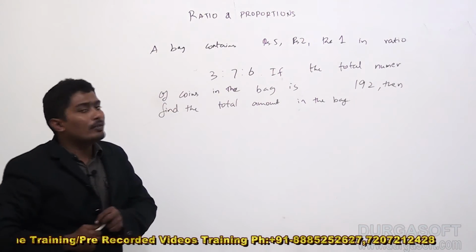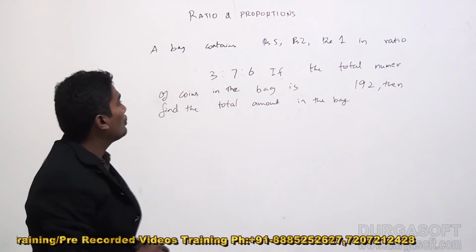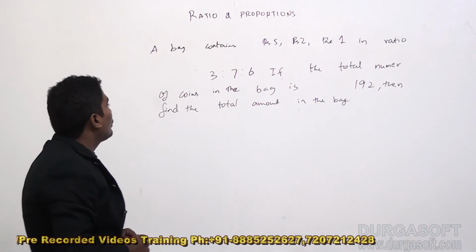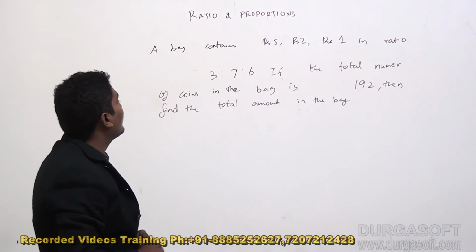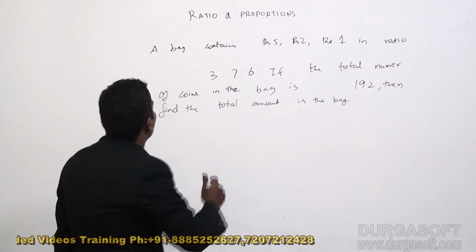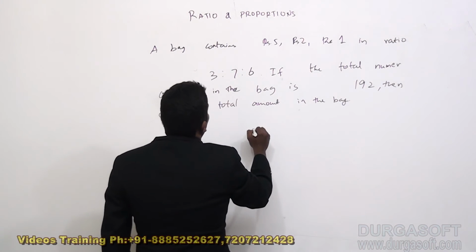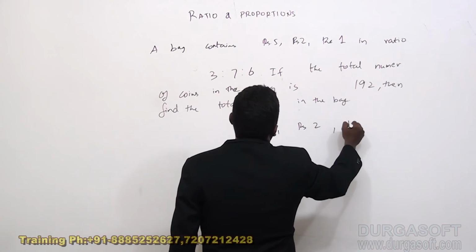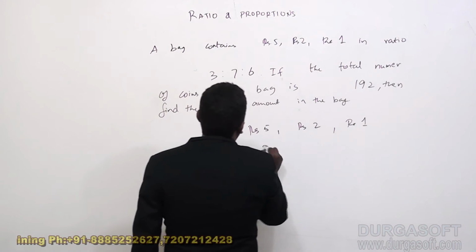So a bag contains 5 rupee coins, 2 rupee coins and 1 rupee coins in the ratio 3:7:6. If the total number of coins in the bag is 192, then find the total amount in the bag. Now the bag contains 5 rupee coins, 2 rupee coins and 1 rupee coins. The ratio is given as